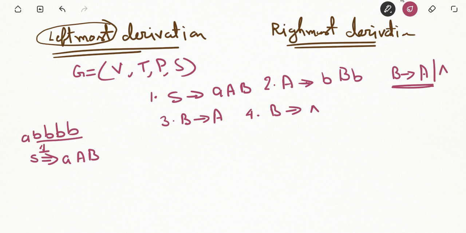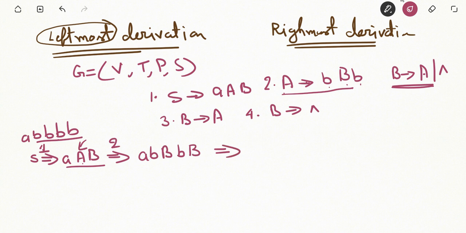So in this sequence, the leftmost variable or non-terminal is what? A. So we have to replace A. Now, which production are we going to use? We are going to use the second production rule. So applying the second production rule, in place of A, we write BBB. So BBBAB.